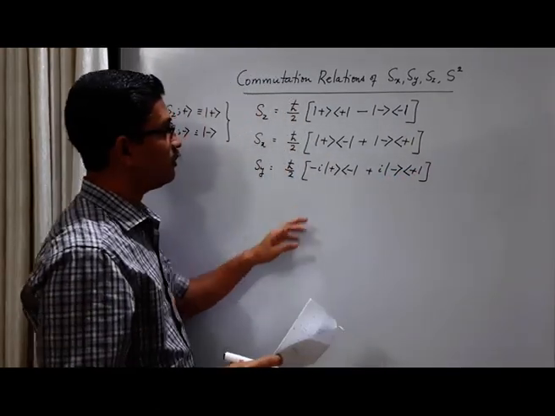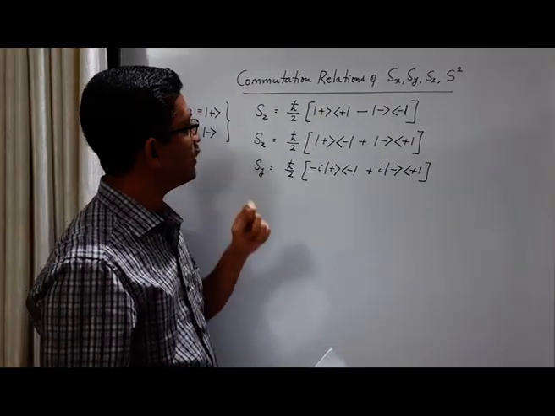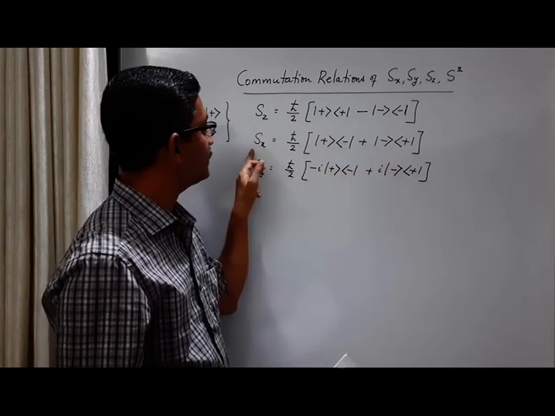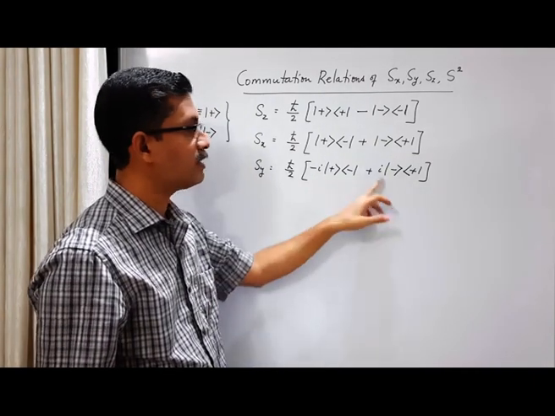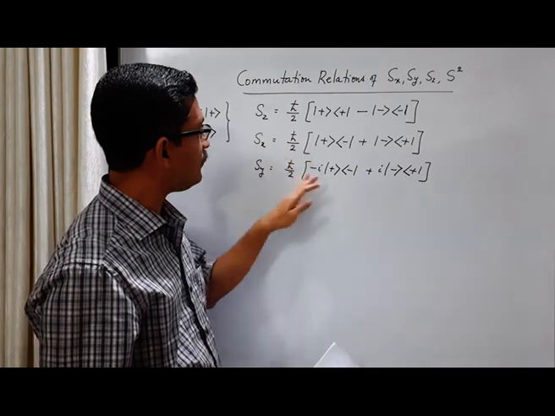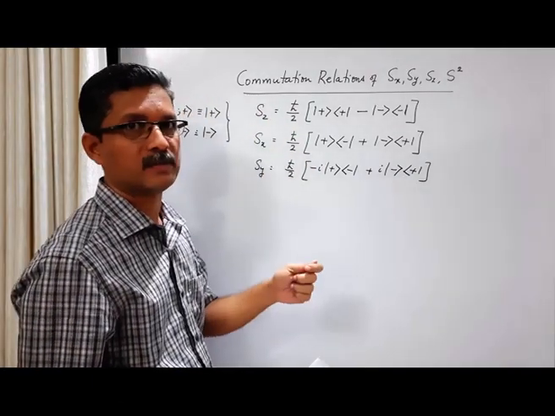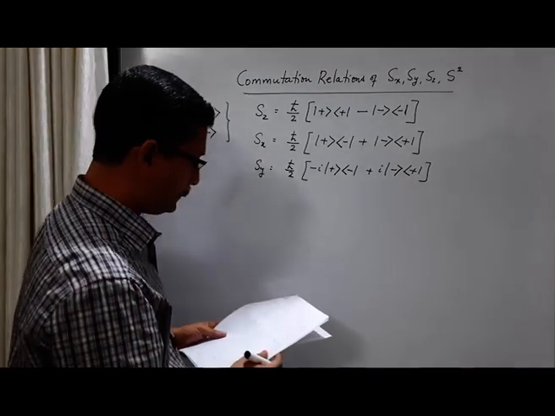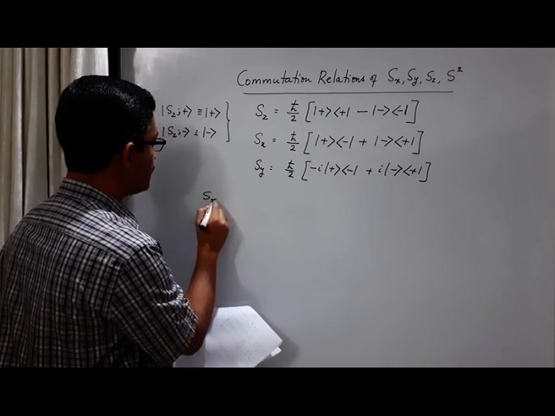So this was a particular choice. We have chosen some phase factor delta in such a way that the matrix elements of the Sx operator are completely real and the matrix elements of the Sy operator are completely imaginary. Okay, that's a particular choice. As I told you, these three results were established in one of the previous classes. You can refer to that. Now starting from here, what we do is, let us evaluate [Sx, Sy].